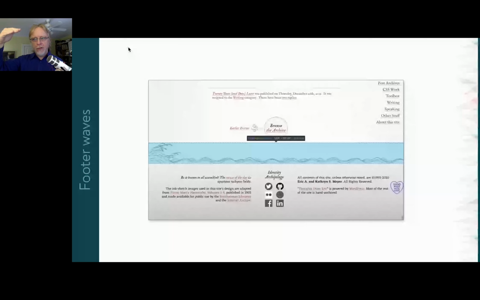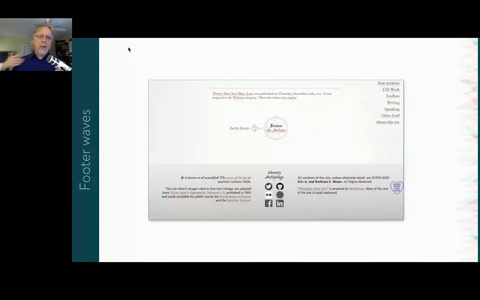And if I ever changed that, then I would have to recompute in my head or on paper, whatever, how far down to push them, and then change the CSS. By doing it as a generated content element, a before element, I could put them along the bottom of that before. And then if I ever decided to make that before taller, then they would just stay along the bottom. It was more convenient that way. So if we take away the before's background, this is what we're left with.